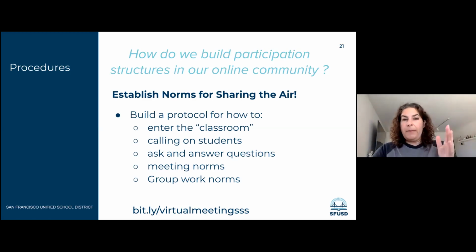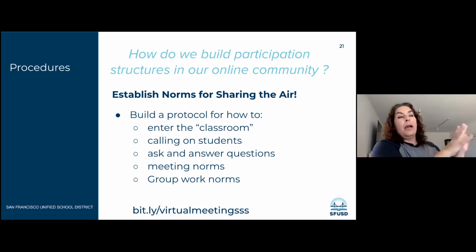You can think about giving each student a number, right? And you can call out a number and then that person unmutes themselves and they answer. You could use a random name generator. Flippity has one. There's also, and I'll show you in the toolkit, a name spinner. You put all your students' names in it and you can spin the spinner. So it would just be a tab that you go to, click it, and whoever's name comes up, you call on that person.